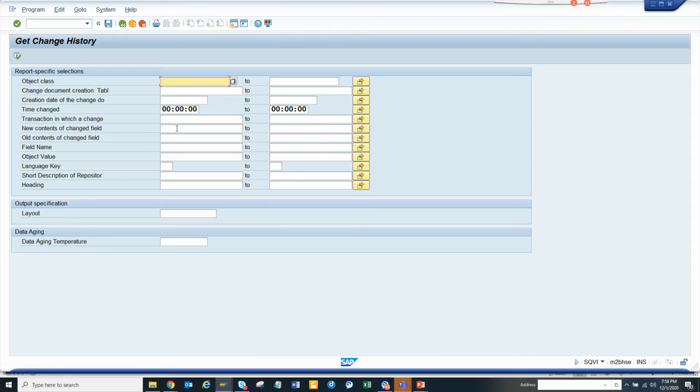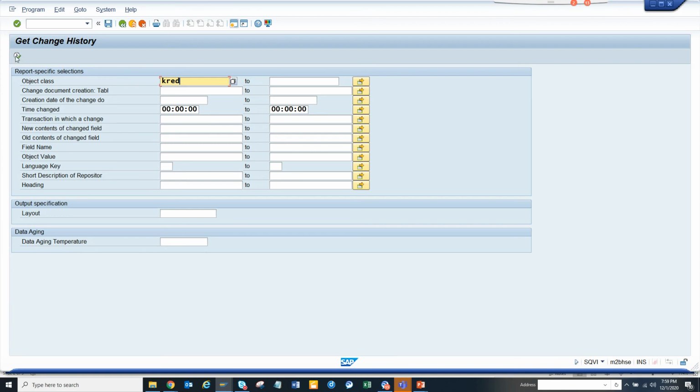Again, there's a change history table, and using the change history table is pretty simple. Here is the creation for vendor master, and suppose I have all the user IDs of the people who are maintaining vendors. I can give the person who has maintained vendors pretty easily.